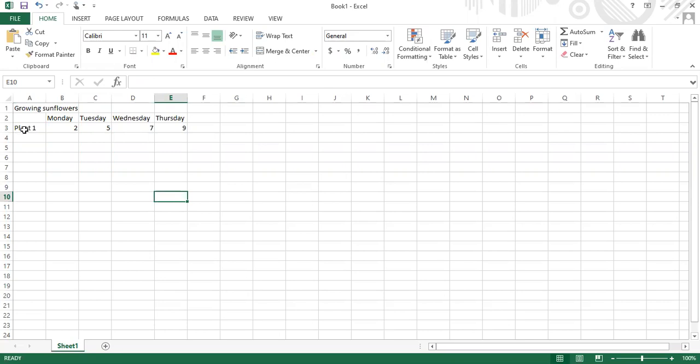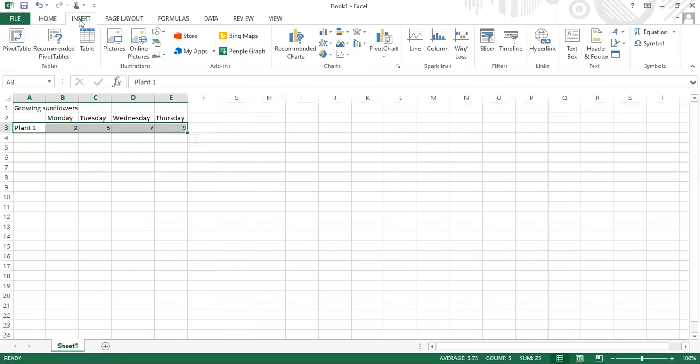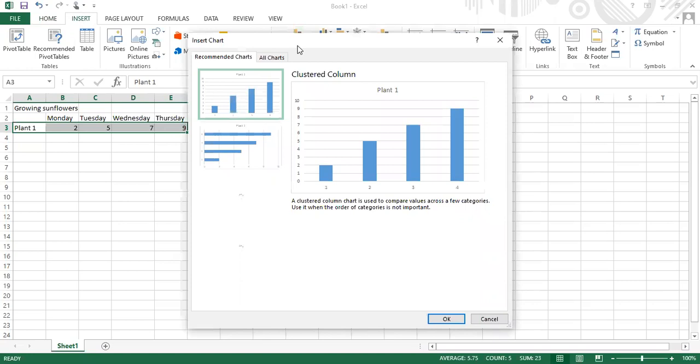Okay, now what you will do, now listen carefully, from here your second chapter will start. As you have finished the first one, highlight that like this. Then go to insert. Look, the button which is given up, it's insert. When you click on the button, as given in your book, you have recommended charts. Look here, a new dialog box will open for you.